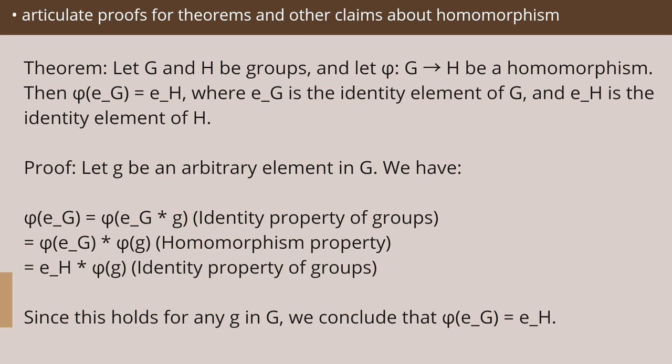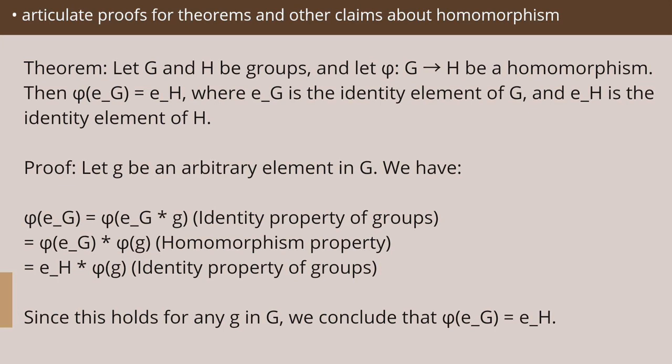We have the proof. Let g be an arbitrary element in G. So we have phi of e_G is equal to phi of e_G times g, by the identity property of groups, is equal to phi of e_G times phi of g, and that is the homomorphism property. And that is equal to e_H times phi of g, and that is the identity property of groups. Since this holds for any g in G,